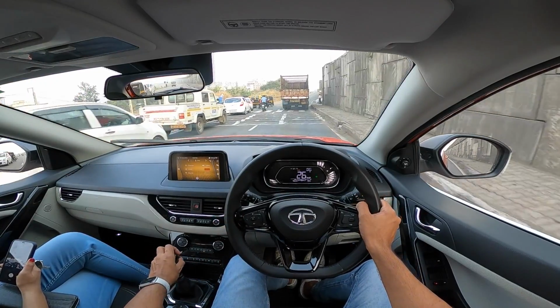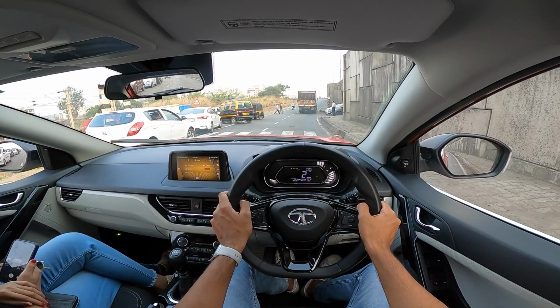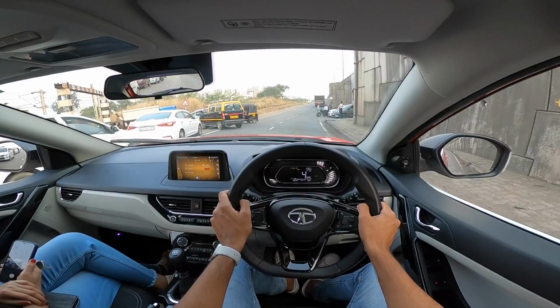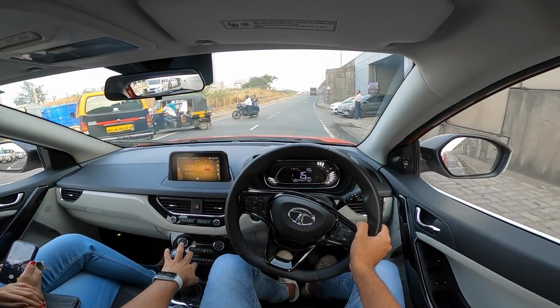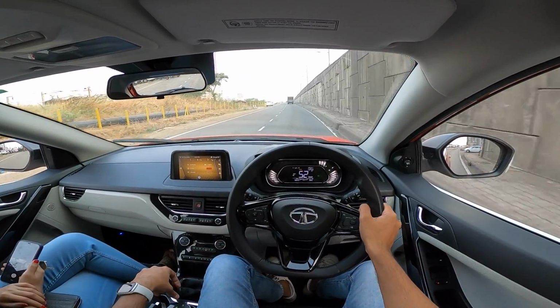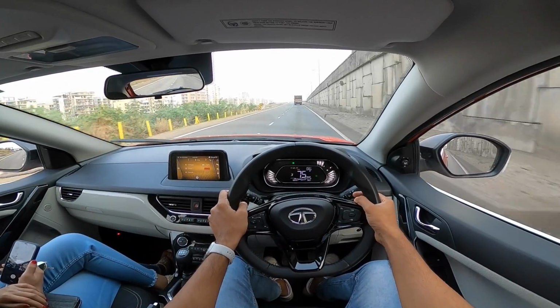Now there's a massive traffic jam because there's obviously a train crossing on the left. Now this is one of the worst speed breakers, but no problem for the Nexon. You know why? Because the ground clearance is ample at 209 mm. Now into first gear, we have to be in first gear because if you're not in first gear, it just doesn't go ahead in second and it drops dead because of the pronounced lag somehow caused due to, I think,